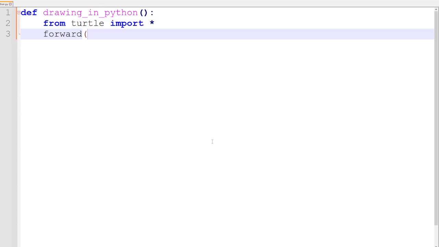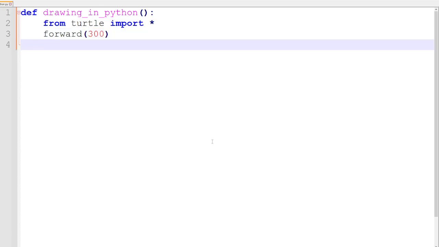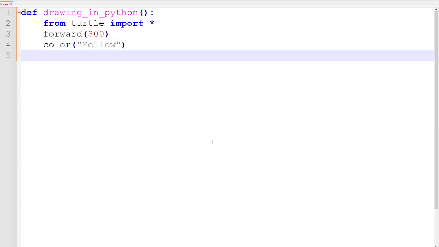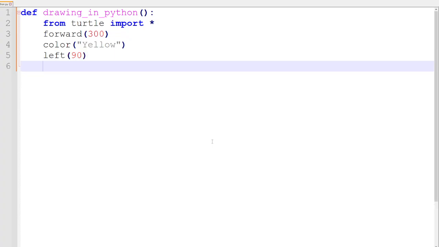This is one of the commands, forward 300. For color, I'm gonna change the color to orange and then to yellow. And after the color is yellow, then what we have to do is left. I'm telling you all the things, and now left,